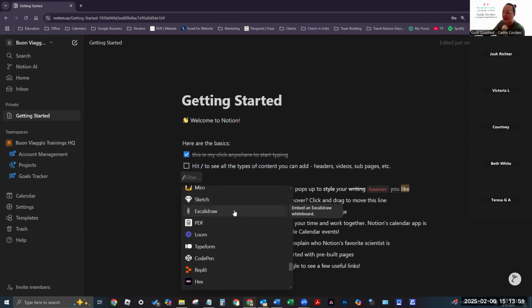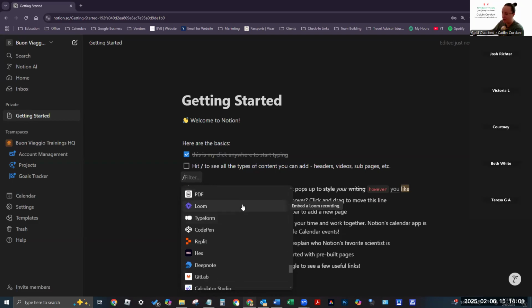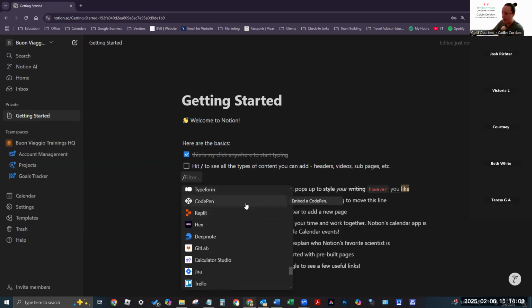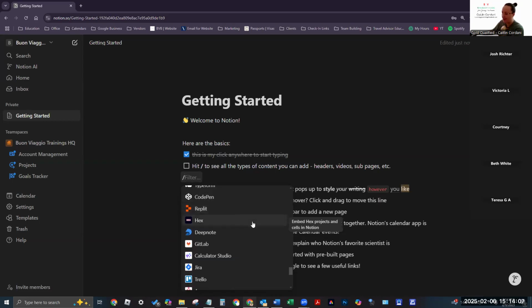That reminds me of like Excalibur, but Excalidraw is a whiteboard, it looks like. You can create PDFs or embed PDFs, Loom, Typeform, CodePen, Replit, Hex. This would be Hex projects and cells in Notion, DeepNote, GitLab,